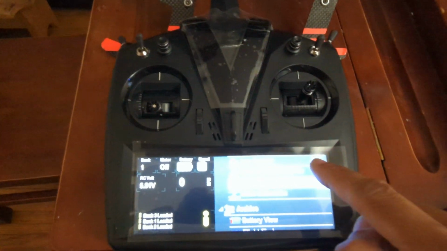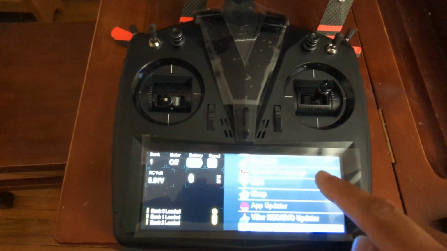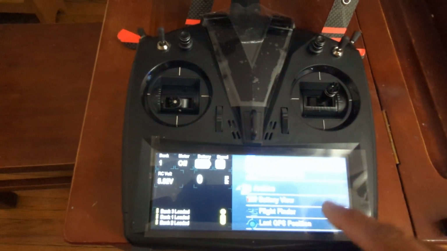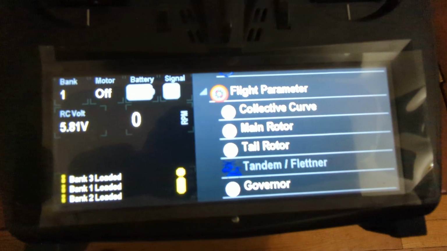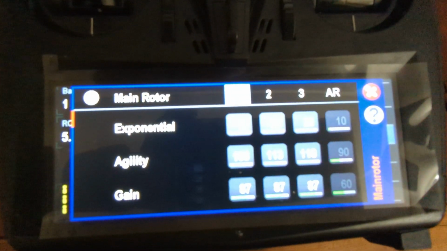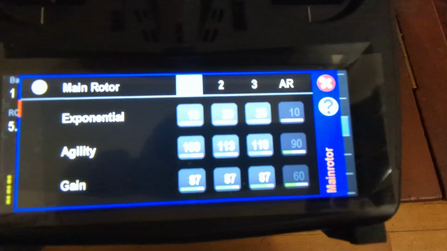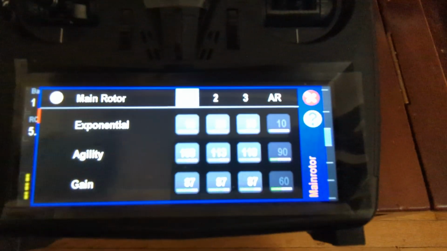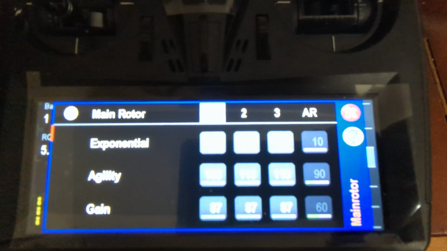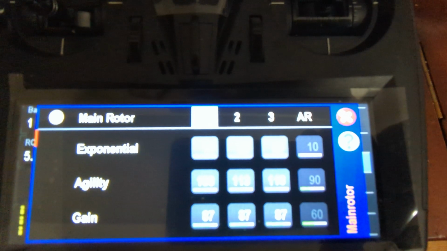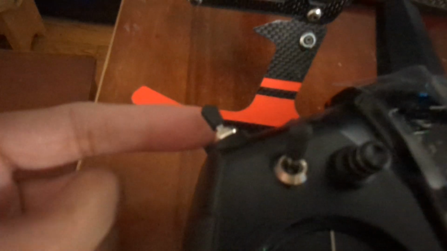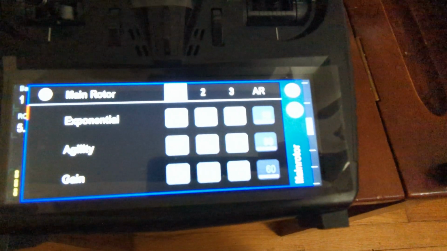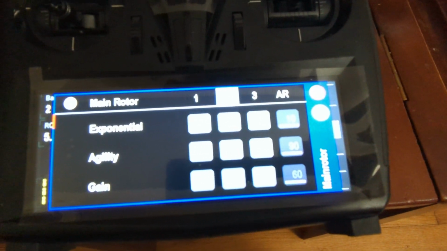Alright, so first let's take a look at the default status. Let's go to flight parameters, under main rotor. Okay, so as you can see, here we have our 3 banks, right? And my bank switch, I don't know if it's switch 2, I'm not sure about numbers, but it's this switch here. So it's on bank 1, bank 2, bank 3,